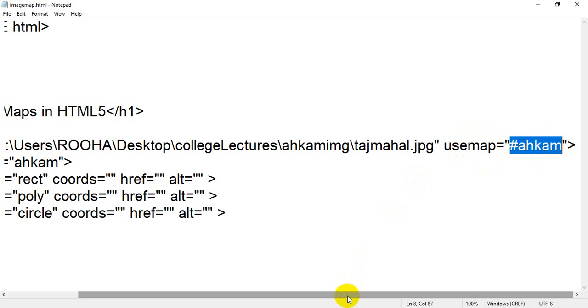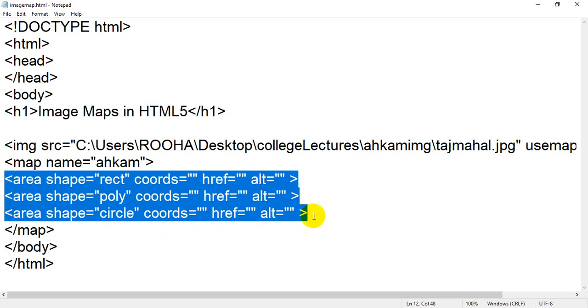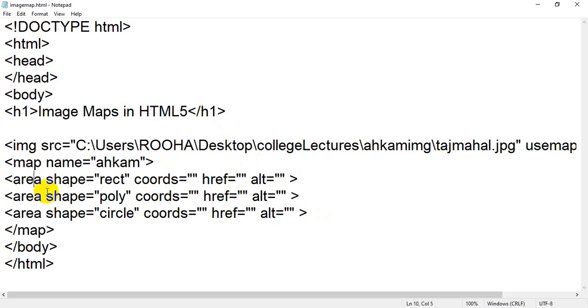So after that you have created a map tag, this one, and we know map tag is a container tag. Inside that we have opening and closing tag, opening map and closing map, and inside that map we have taken different area tags. Okay, so what is the use of area tag? Area tag is a tag which comes with map tag, and the basic objective of area tag is to take different coords or different positions on a particular image file or map file. Okay, so we have different attributes of area tag, like shape.